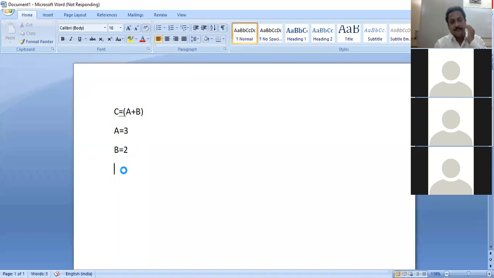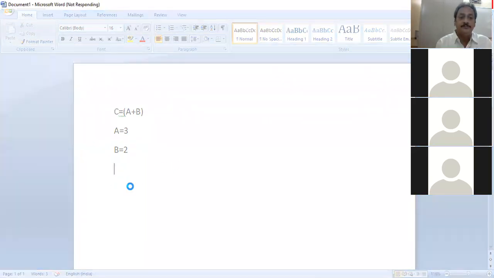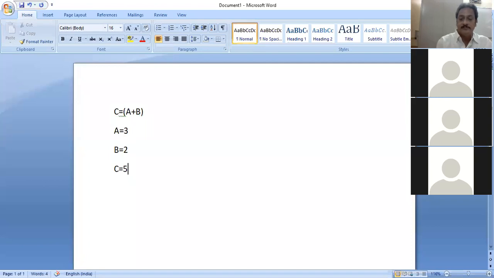What kind of operations we are going to perform using stack is, if you enter the arithmetic expression into the computer system as C equal to A plus B, the parentheses cannot be evaluated.